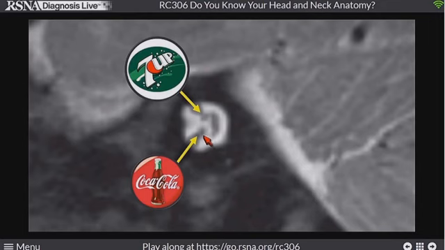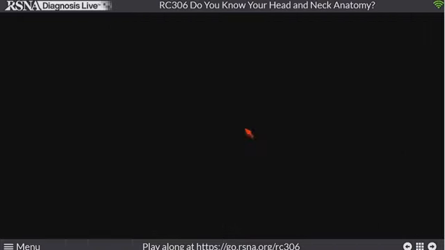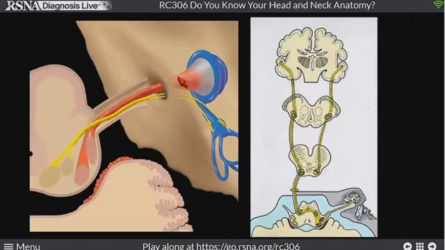So if we do an axial cross-section through the midpoint or the lateral half of the internal auditory canal, we should see all these nerves separating out. This is the cerebellum, so that's the back, so this is anteriorly. So superiorly and anteriorly, that's where the facial nerve is within the IAC. So those fibers all come together.